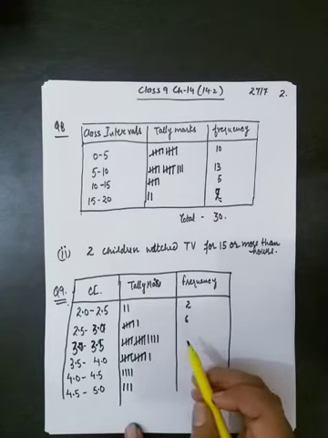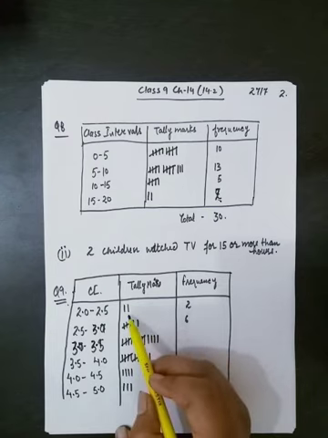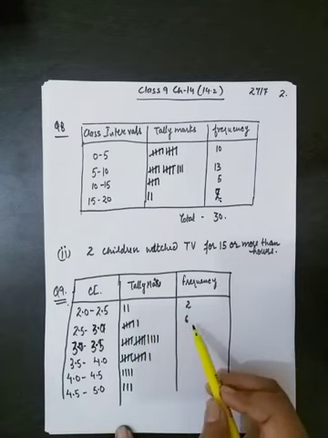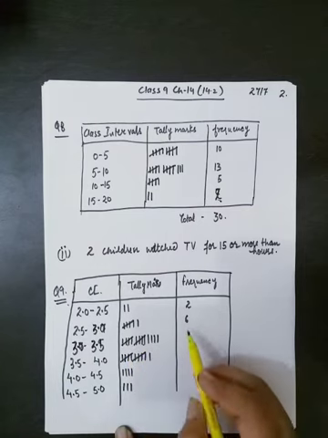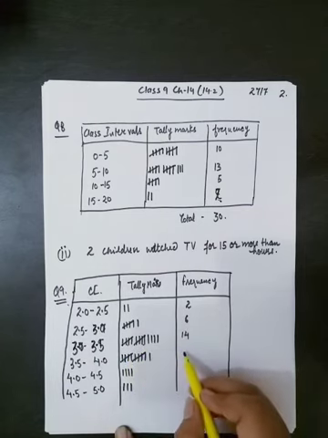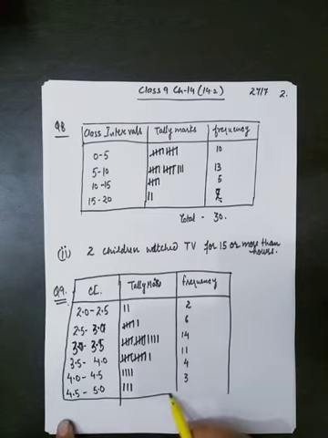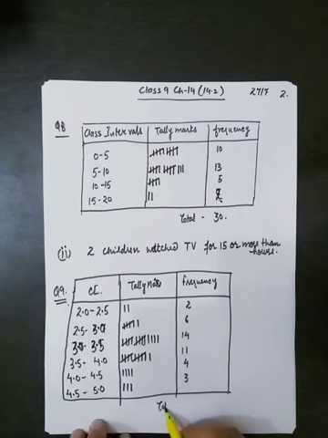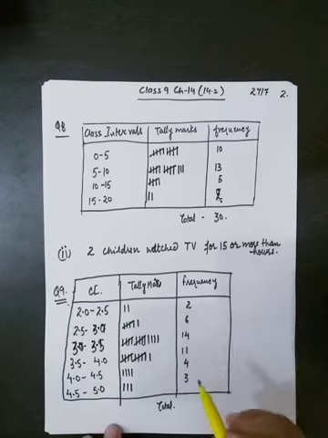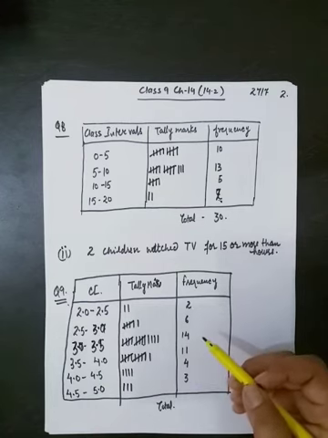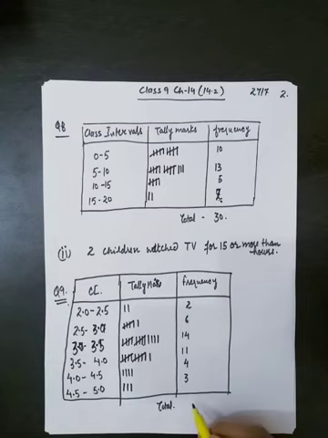Now we can write the frequency. So the frequency for the first interval is 2 and next is 6. Next one is 5 and 5, 10 and 4, 14. 5, 5, 10 and 1, 11. This is 4 and this one is 3. We will check the total here. Now the total must be 40. So check the total. So this was the last question of your exercise 14.2.